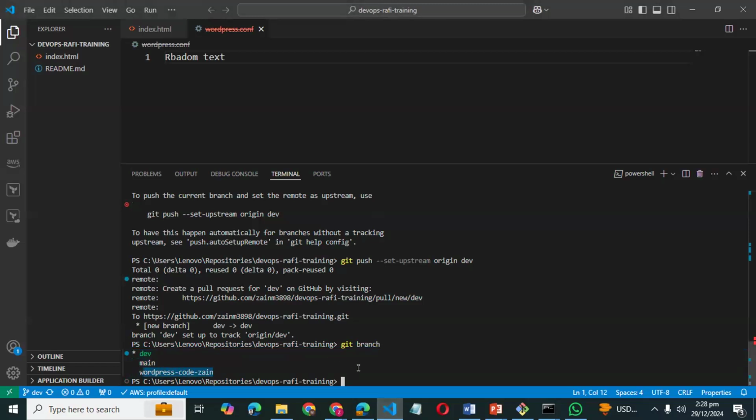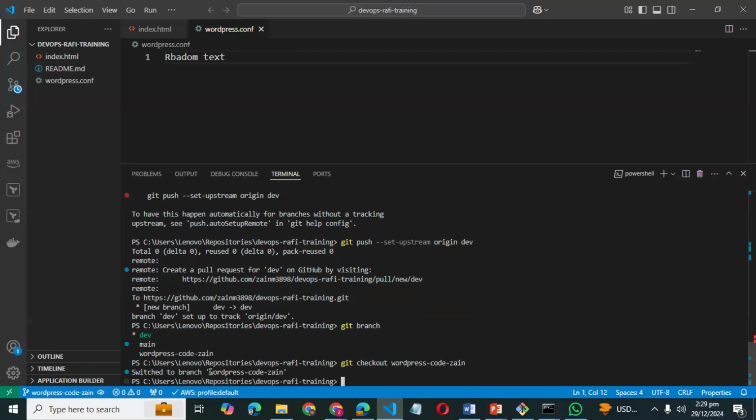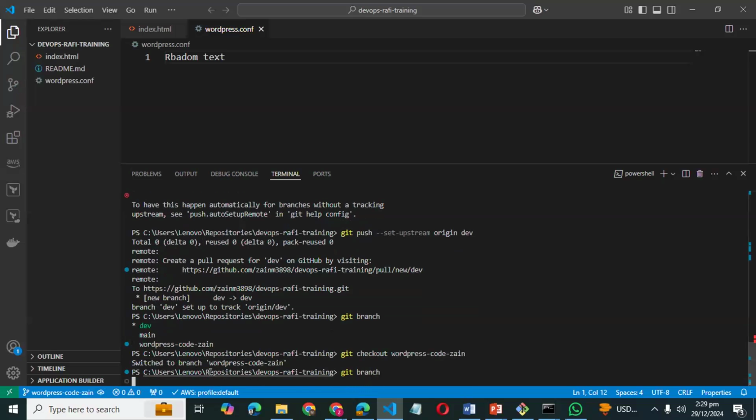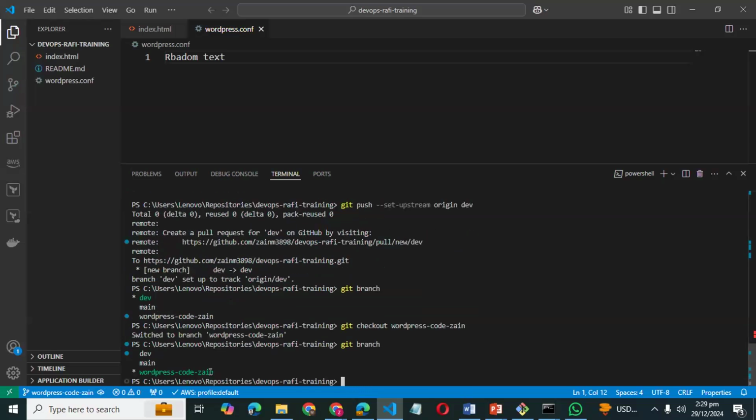First of all, you need to move into that branch, the one with the name WordPress codes, right? So how can we move into it? Come on, give me the command for it. Git checkout, and then put the WordPress code branch name. No, just write the branch name, right? WordPress code. Then yes. And how can I check which branch I am currently in? So this says you are now in the WordPress codes branch, right?